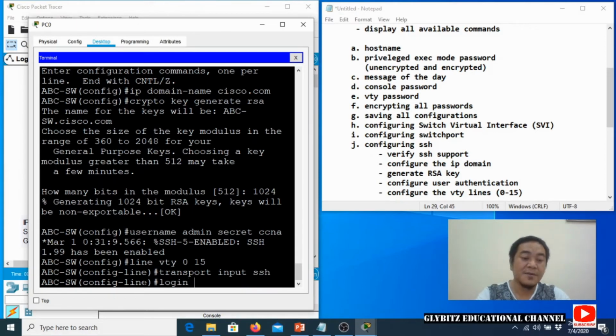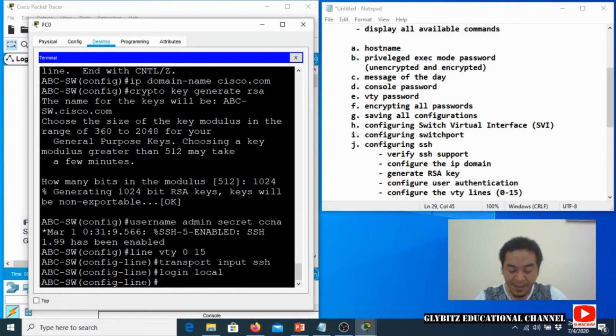And then we will be required to put the username and the password that we have set earlier, which is the username admin secret CCNA. So that is the login local. So it will be requiring authentication. And after that,